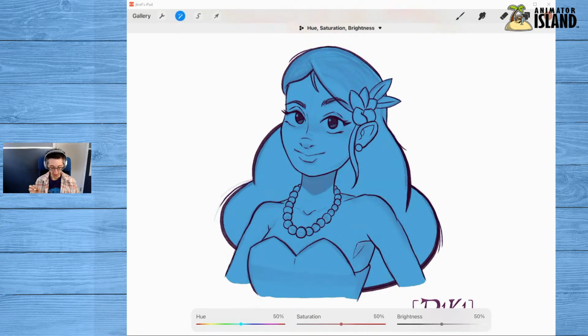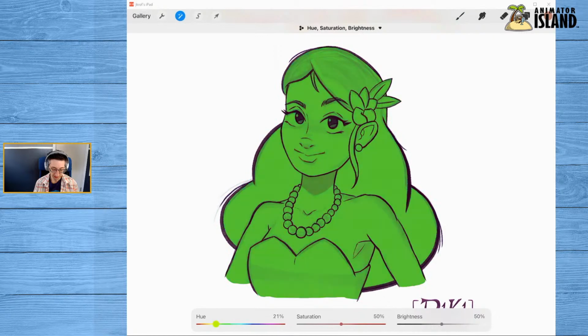Okay, so what we can do from here, now that she's blue and I don't want to use blue, is I can play with this hue slider until she's a skin tone color that I want. Now, that doesn't mean that you can't choose blue or whatever color. Like I could make her purple if I wanted to. I just don't. I'm going for a slightly more realistic skin tone currently. So I'm going to go over here to the yellow to red range, and we're going to look in there to pinks and things like that.